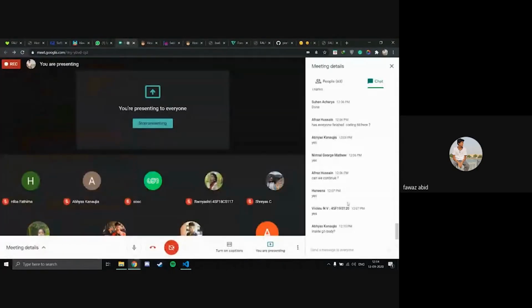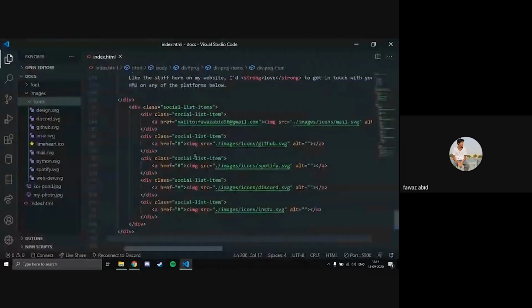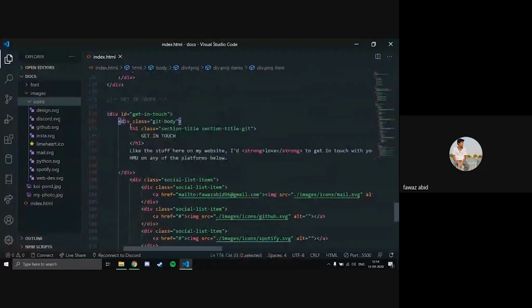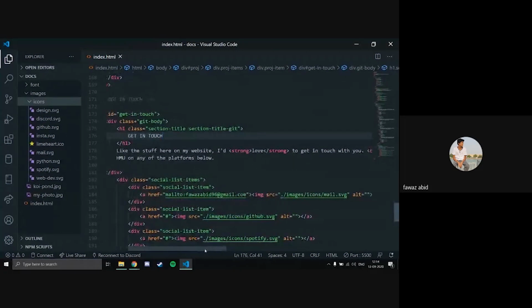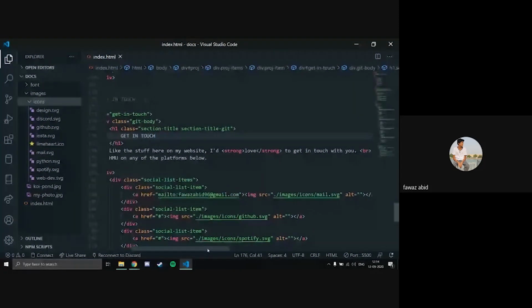Okay, inside the git body, the content, the stuff that you're going to write: the h1 tag with the class of section title, "get in touch", the heading h1 tag, and the content, whatever you want to say on my website. I'd love to get in touch with you. Hit me up on any of the platforms below. After the break tag here, you guys can